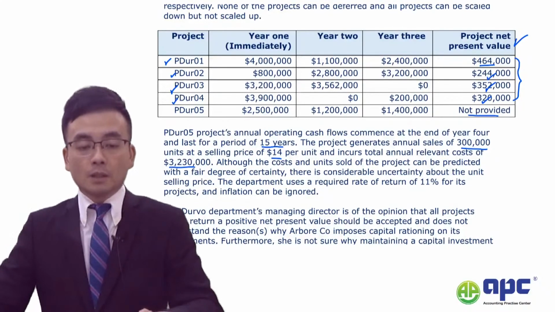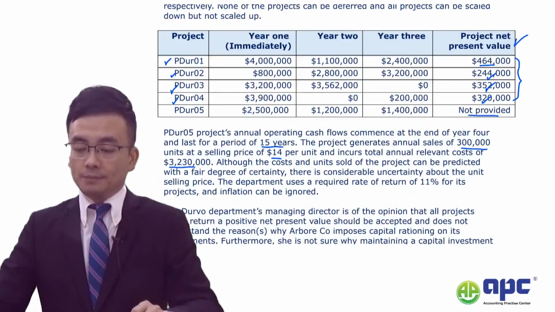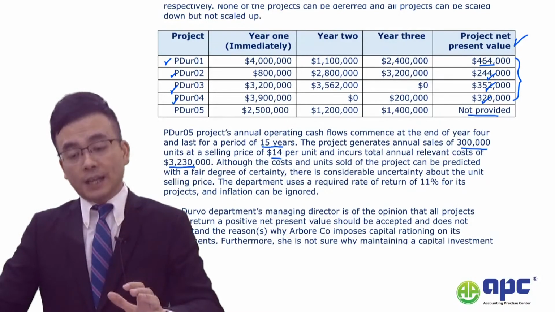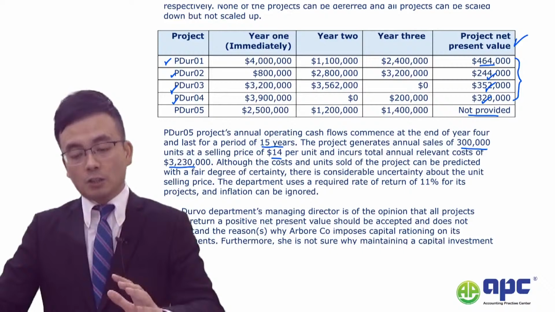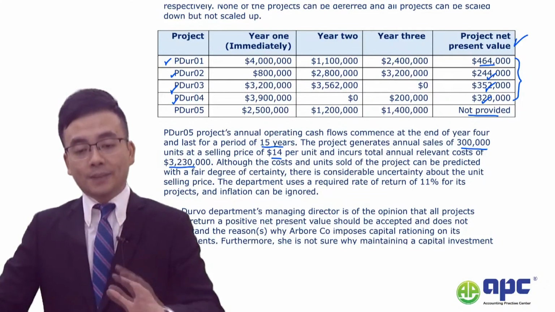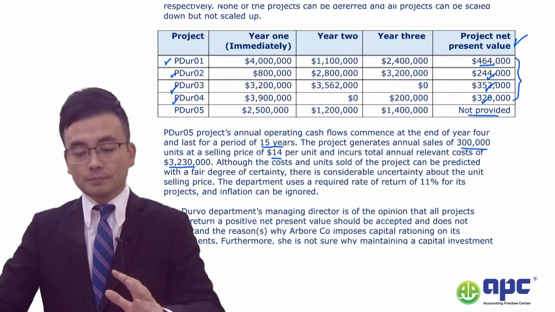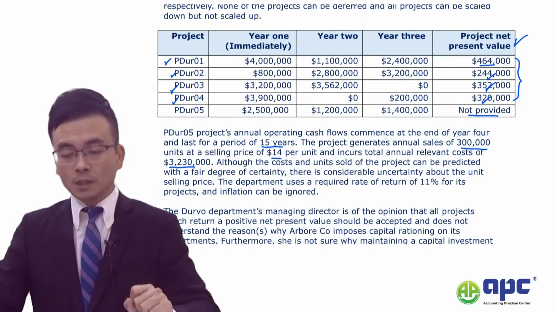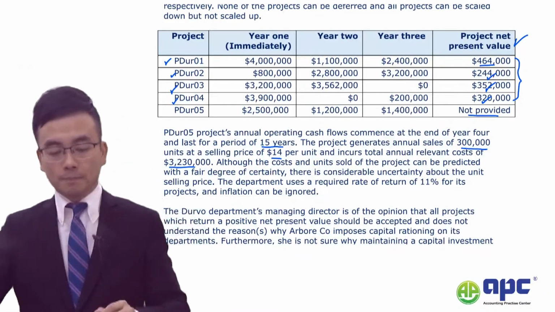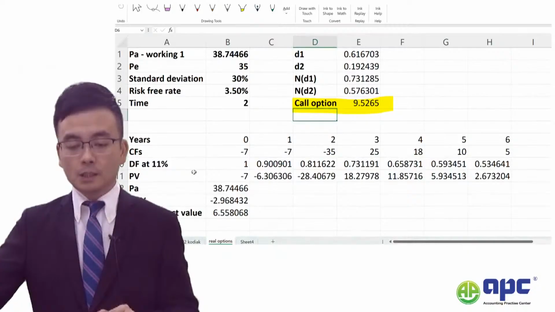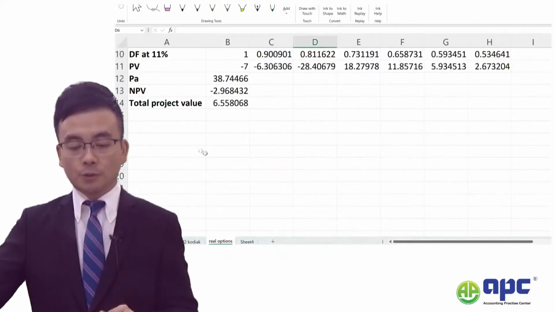Alright? So if that's the case, we could take the sales revenue minus the development costs over 15 years, and that's fine. But in Excel, I'd rather use this approach. For example,